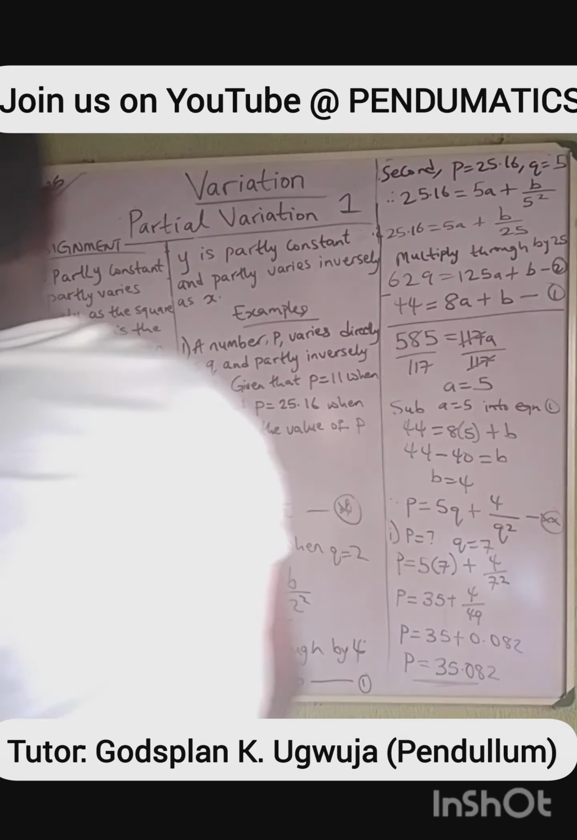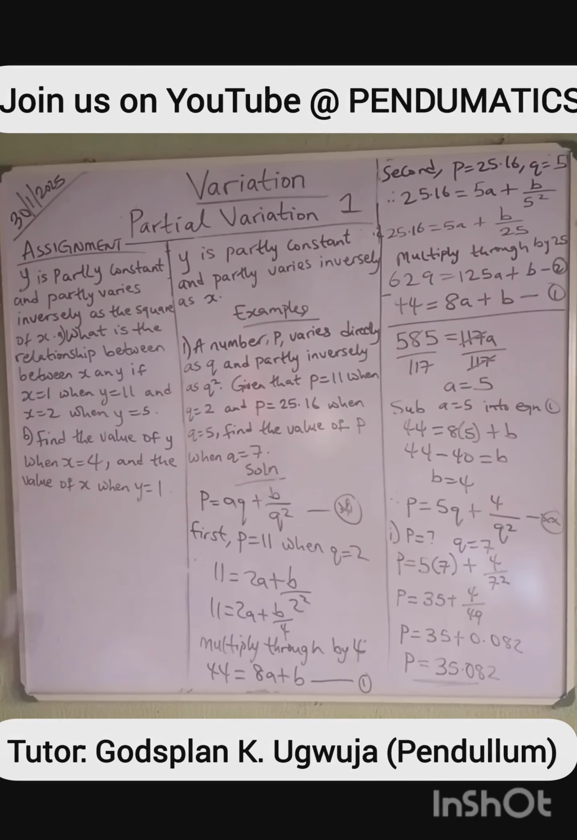Alright, so this is your assignment here. Y is partly constant and partly varies inversely as the square of x. Partly constant. So y will be equal to just a constant a plus then inversely b over x squared. That's the original equation. Y is equal to a plus b over x squared. Then you have to find the relationship between x and y. If x is 1 when y is 11 and x is 2 when y is 5. So you use these two values to create two equations, solve it simultaneously, get the value of your constants a